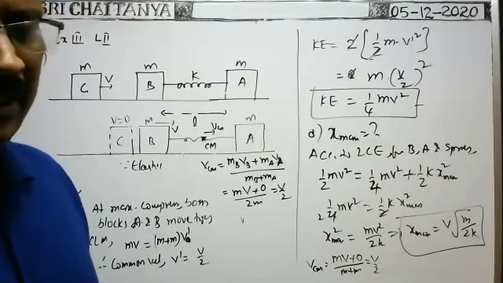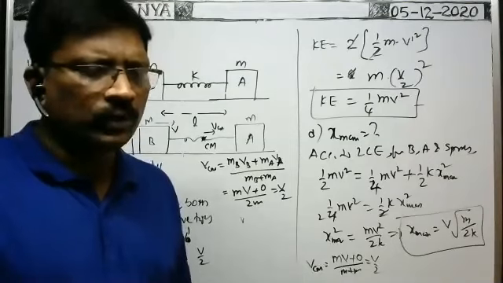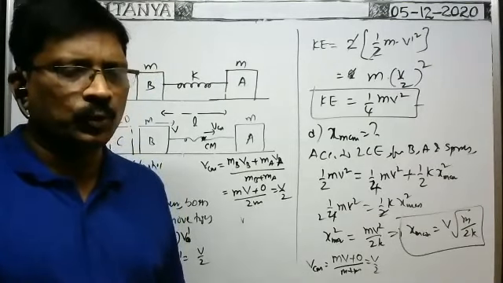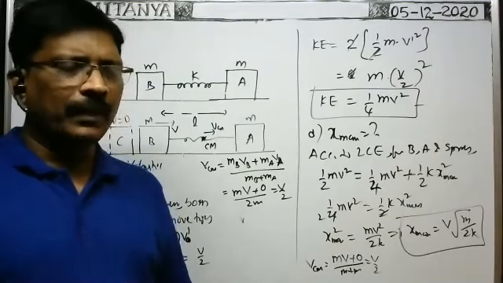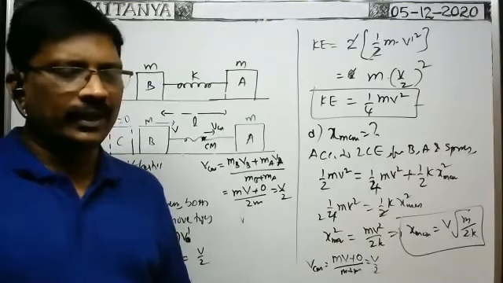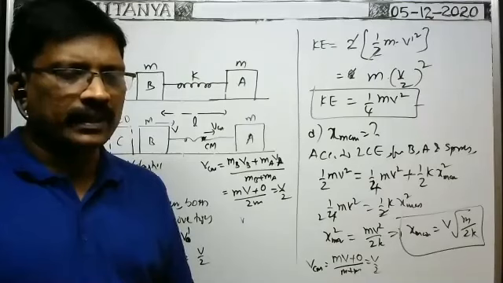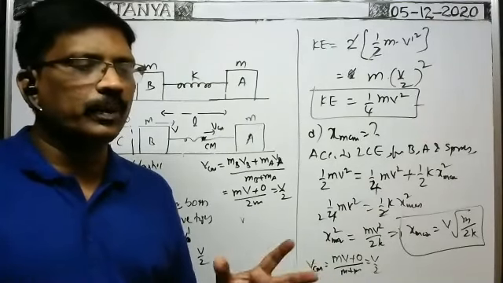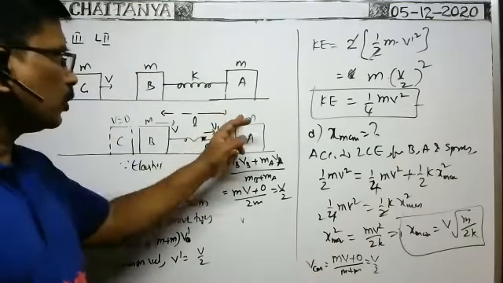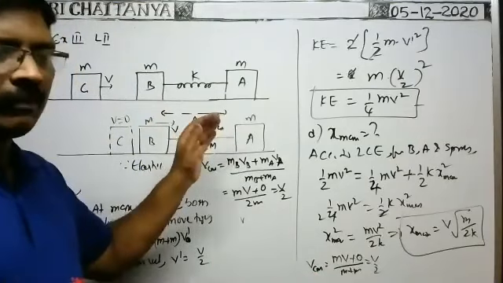Varun, its formula is not correct, no? 2 pi root m by k, m by k is not correct. It is 2 pi into root of mr by k. mr by k means reduced mass by k. Reduced mass can also be represented as mu. So mu by k. Mu is equal to m1 m2 by m1 plus m2, which means this becomes m by 2.